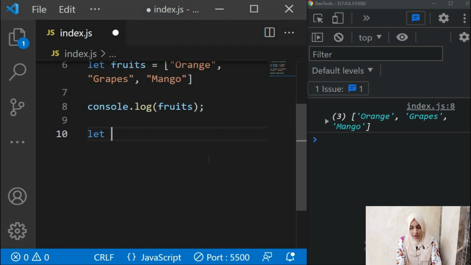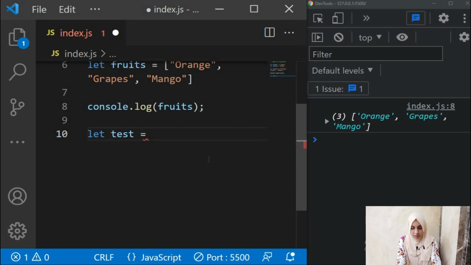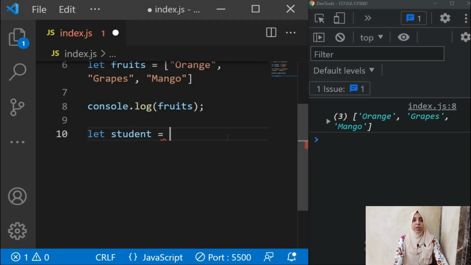So here, for example, we have let's give it a name of student, okay, to the array. And what do we use to define an array in JavaScript? We use square brackets. All right. So the square bracket, for example, name of the student. Here I will write my name, you can write your name.